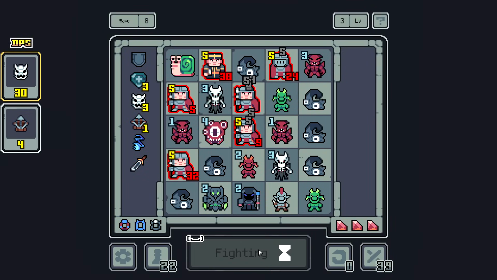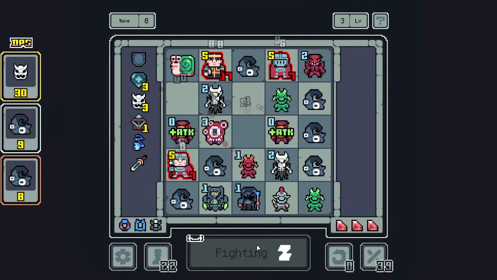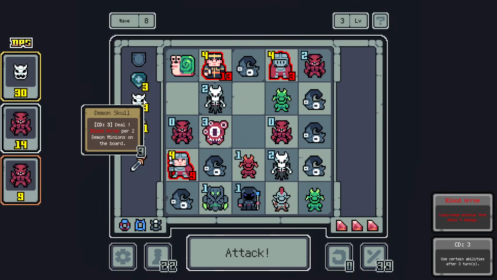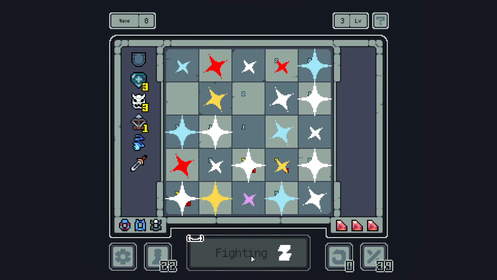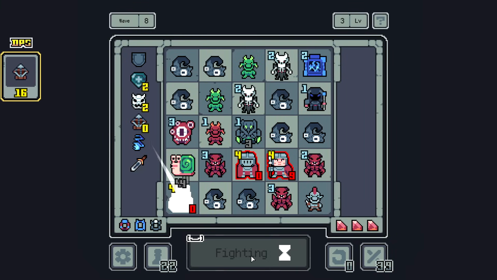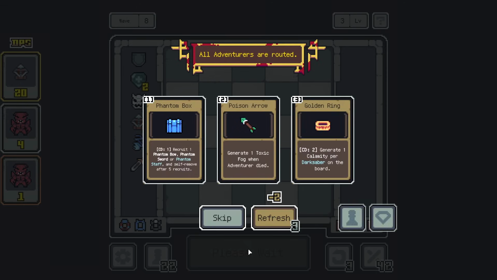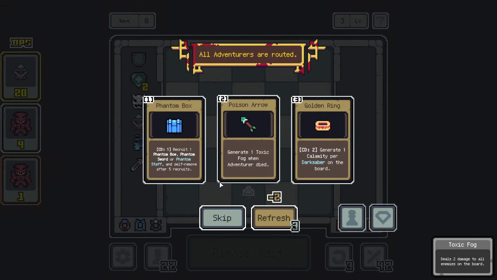Unfortunately, I just refreshed through a lot of units. But, kinda is what it is. This sucker doing a blood arrow per 2 demon minions. Unfortunately, I'm gonna tell you, I think what the best play is for us is we need to...